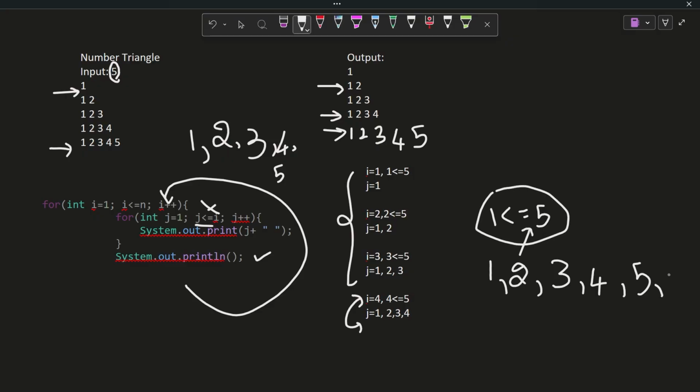Now the value of j is 6. So the condition is false, and it will increment the value of i. i was 5. Now it will be incremented to 6. Right? Now check for the condition. 6 is less than or equal to, what is the value of n we have given? n is 5. And this condition is false. So this condition does not execute, and this will directly come out of the entire for loop. All the steps are getting skipped, and it will come out of the for loop, and finally this is what you see in the console.